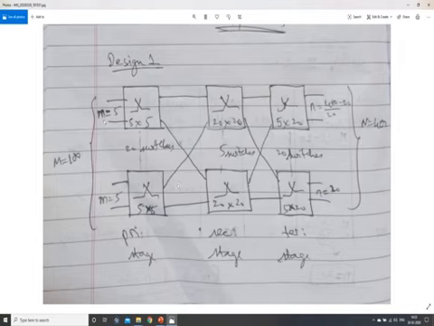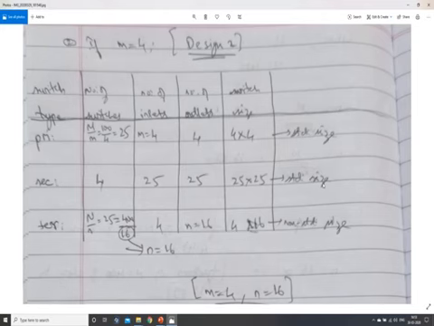M is equal to 5. So when I take the number of inlets to be equal to 5, the number of outlets turns out to be 20, and we had seen that 20 is a factor of 400 and it is close to 17.87. Now if I go for the second design, that is